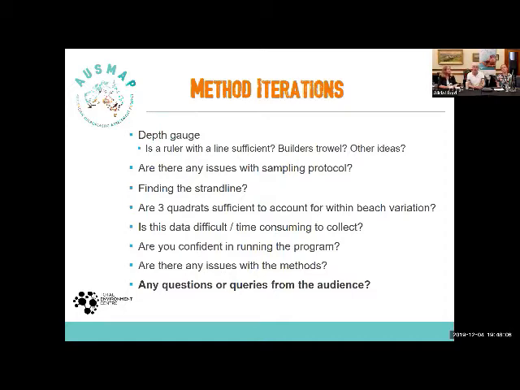One is around the depth. Obviously we need to take that 2 centimetres of sand. Do you need to use a ruler to do that? If you've got the kit, you'll have the ruler in that. But if there are others, I know Robbie and Bill use other tools with Living Ocean.